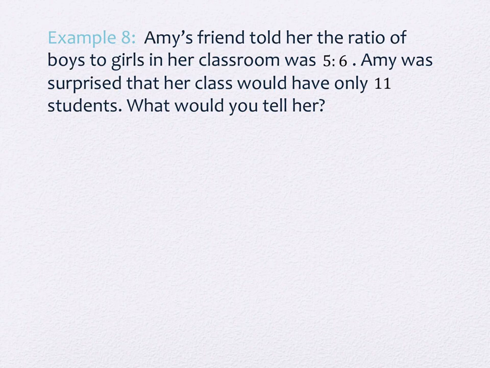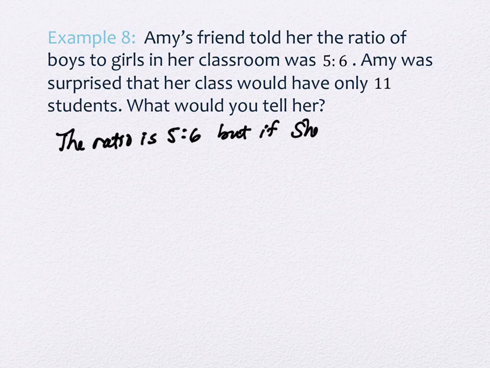Okay, you have 22 students or 33 students. You're exactly right, Jamora. Where did you get 22 and 33 from? Well, you could just explain to Amy that they simplified it to have smaller numbers. Perfect. So the ratio is 5 to 6. But if she had, and we'll go with your 22 students for starters, if she had 22 students,